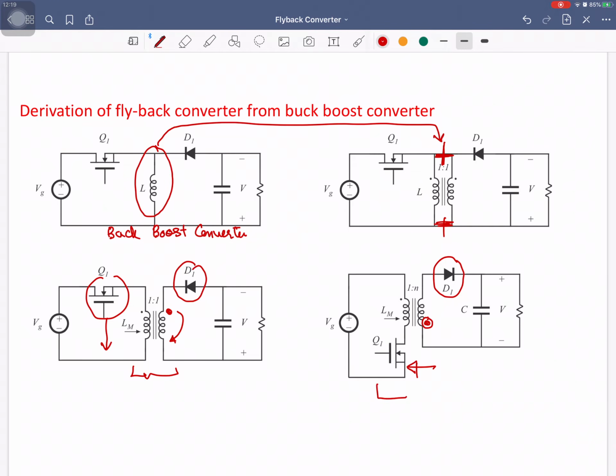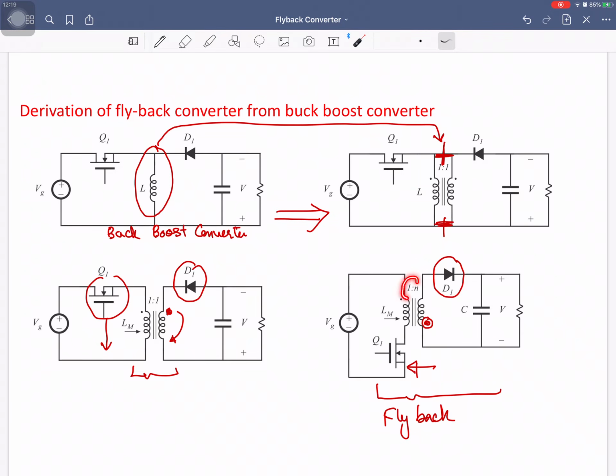So this is basically your flyback circuit that we discussed in the previous slides. So you can have the isolated buck boost by passing through these steps. First of all, represent your inductor with the two wires in parallel, then isolate them from each other, change the position of the switch, change the marking of the dot,